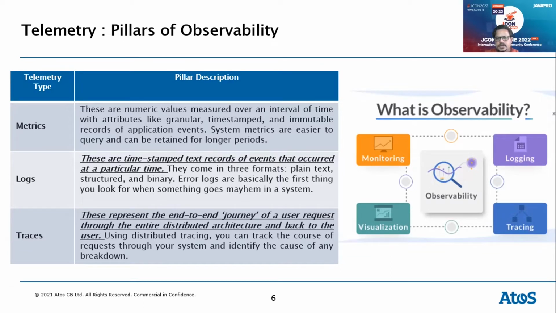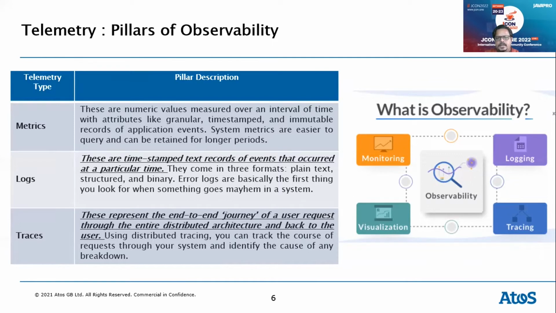Earlier generation systems didn't have this. I think this is something that was recently launched. But this standard tells you these are the data types that you want to manage, monitor, and analyze to get the right insights from your solutioning stack. So what are these things? There are three things here.